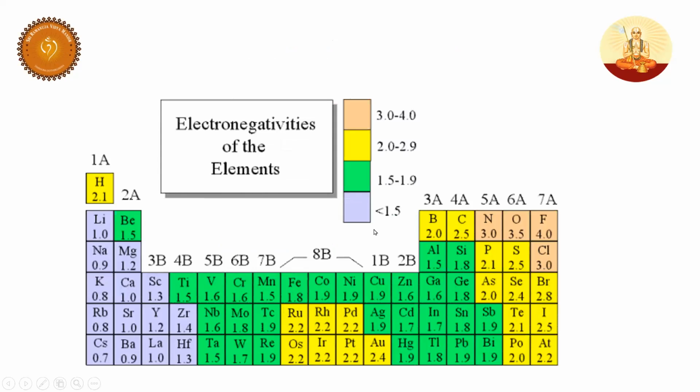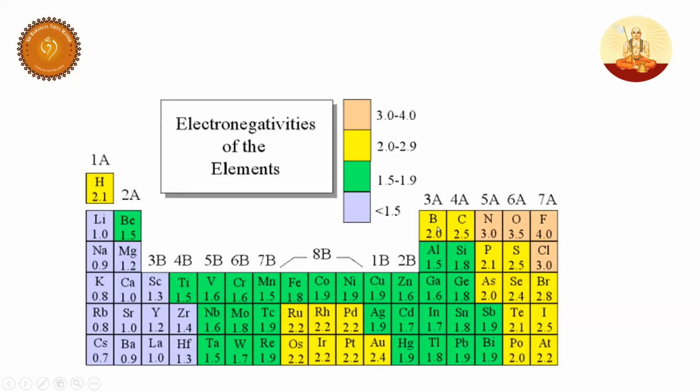Now, it's my duty to remind you of the basic electronegativity values of the periodic table. The top is fluorine. You can see here, students, nitrogen and chlorine have 3. So these elements, nitrogen, oxygen, fluorine, and of course chlorine also, have the topmost values, more than 3, the highest in the periodic table. Now, if you see here, a 0.5 difference is there. Boron plus 0.5 is carbon, plus 0.5 is nitrogen, plus 0.5 is oxygen. I hope you understood.